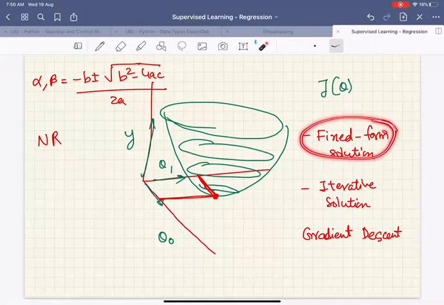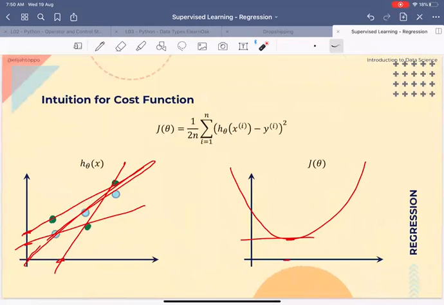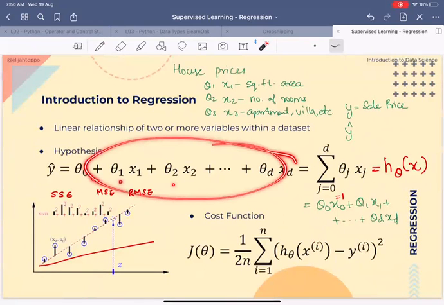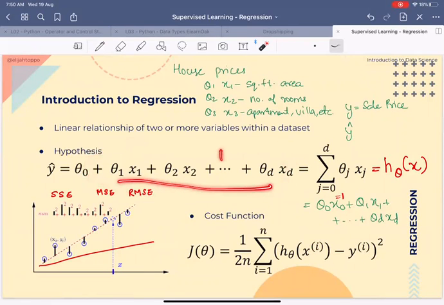But when I go for data analysis and when I go for finding the fixed form solution of data analysis, when my data points reach millions and millions of data points, then the fixed form solution has matrix inverse and matrix multiplications for this kind of problem. To get the linear regression answer of different thetas, theta 1, theta 2, and so on, the fixed form solution has inverse of matrices. And evaluating the inverse of matrices becomes very, very complicated when you go to more and more data points. So when you go to higher values of data points, finding the inverse is very complex.